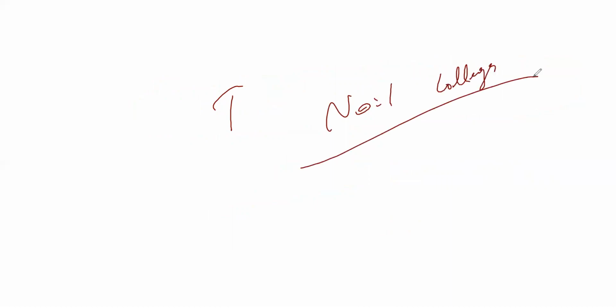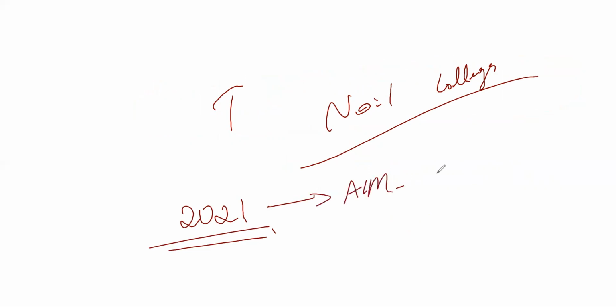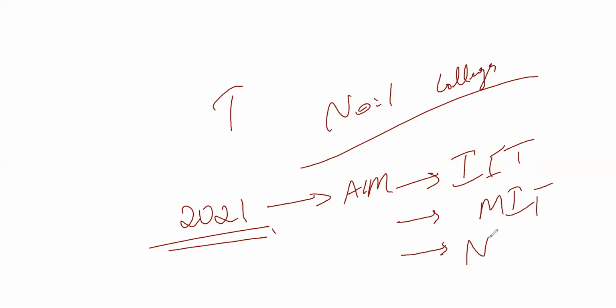So all of you should write in your book, okay, 2021, this is my aim. For example, let's say the highest one, the IIT you want to get. What is wrong in that? We can dream big. Or Harvard or MIT, anything you can put. NIT. I want to get into this college. Write it down. First thing is the aim. Why you need to get it? Not because of the placement, not because Microsoft comes or Flipkart comes. That is not the case. Because you are to become a leader.